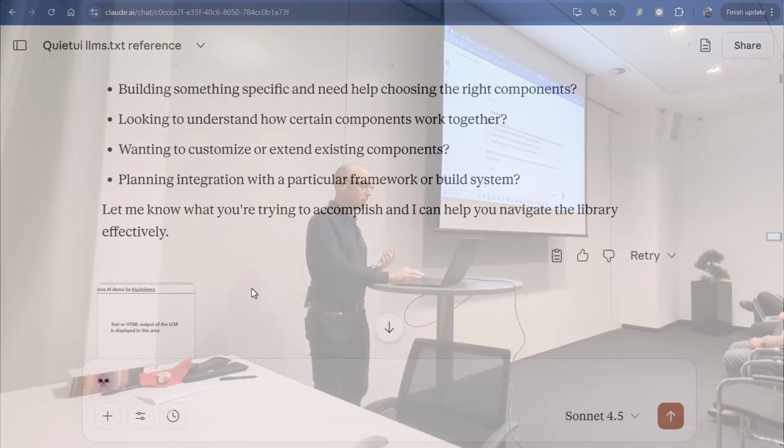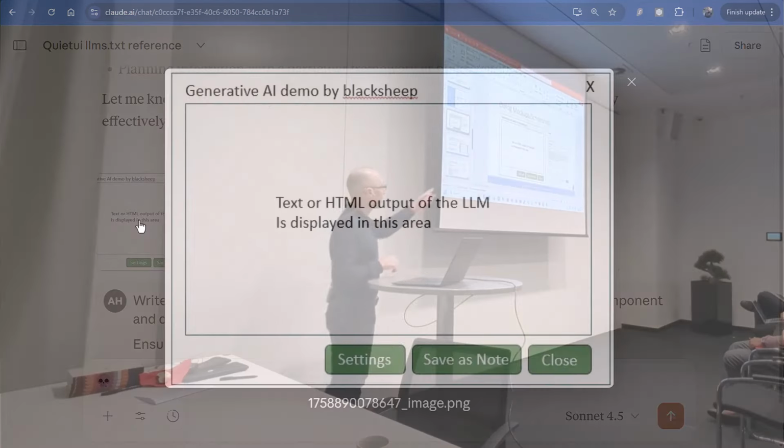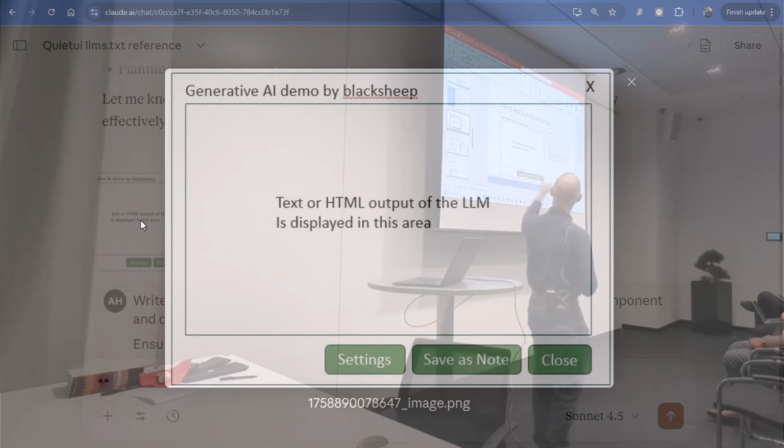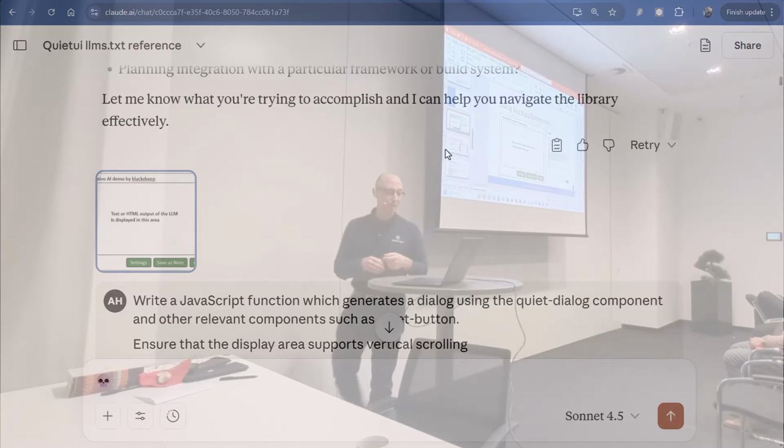And so I need to have a start. So when you work with LLMs, you need to kind of get started somewhere. So what I did is create a mock-up. Just outlined this in PowerPoint because I'm a boomer. I use PowerPoint to draw. So I outlined the dialogue I want with 3 buttons, a text area in the middle, a title, or I can take a screenshot from prototypes I did. It doesn't matter to the LLM. It's multimodal. We all know what's multimodal LLM. We use it every day, right? So I copy paste that screenshot,